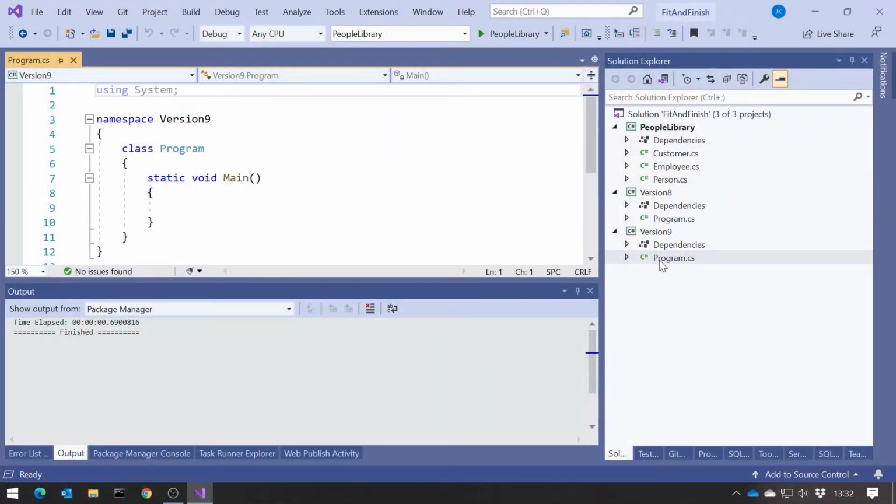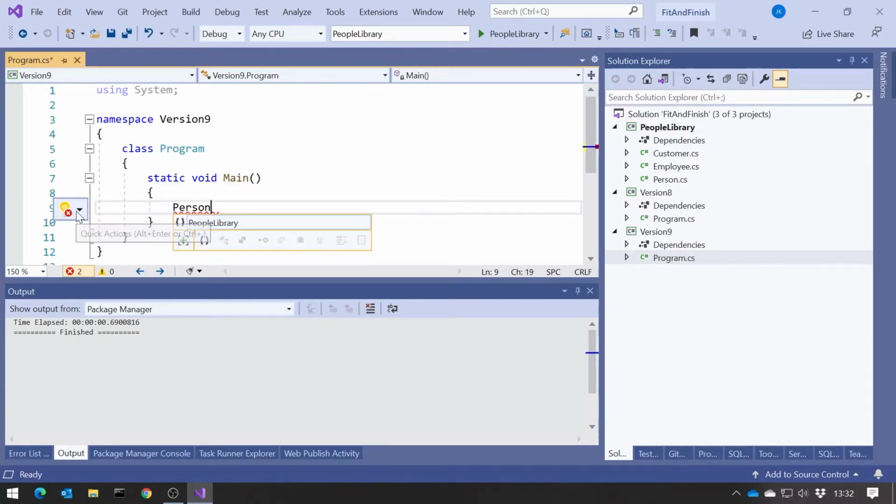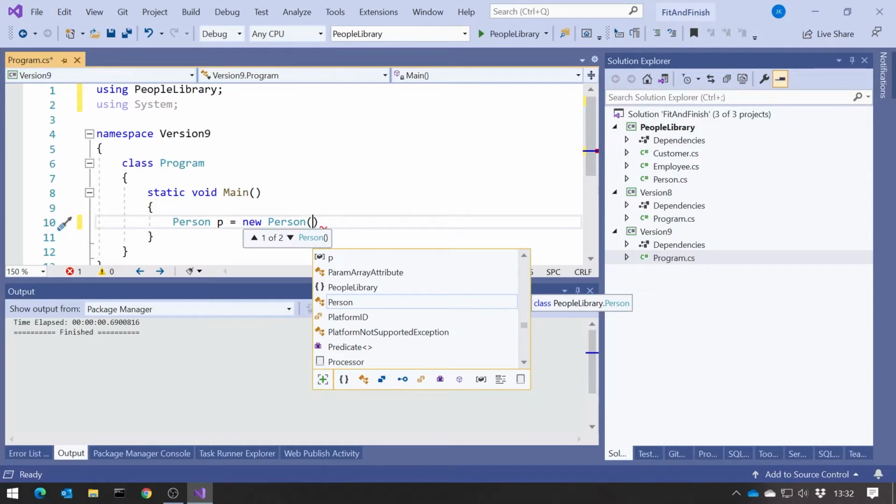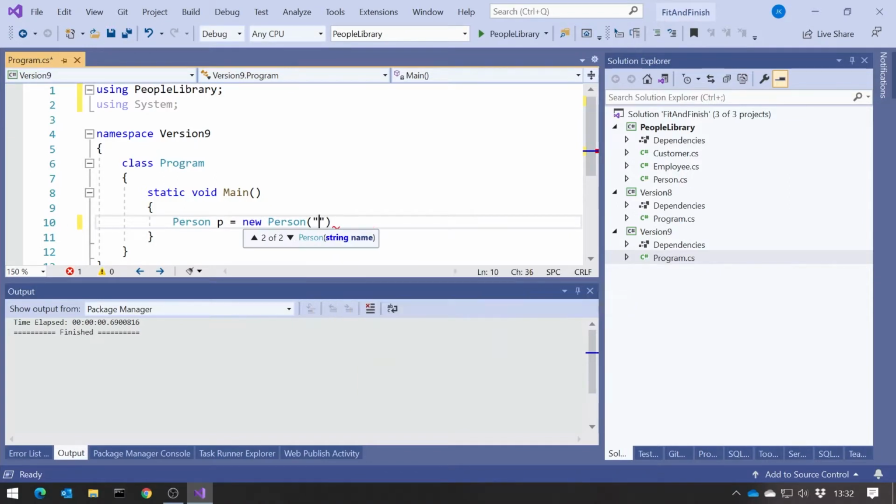So before we look at the final result of this, let's take a quick look at the history of it, because if we go right back to the beginning of C# version 1, then the way that you declared a variable was something like this. So I could say something like Person, and then just get that from the library. P equals new Person. And then we haven't done in this class an overload, so let's just call Fred for the name. And so that's how we declare it.